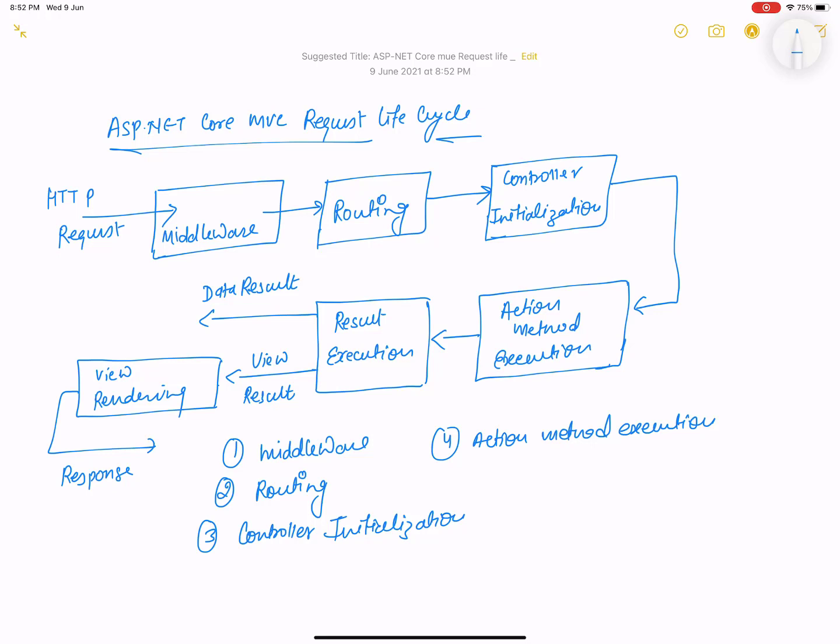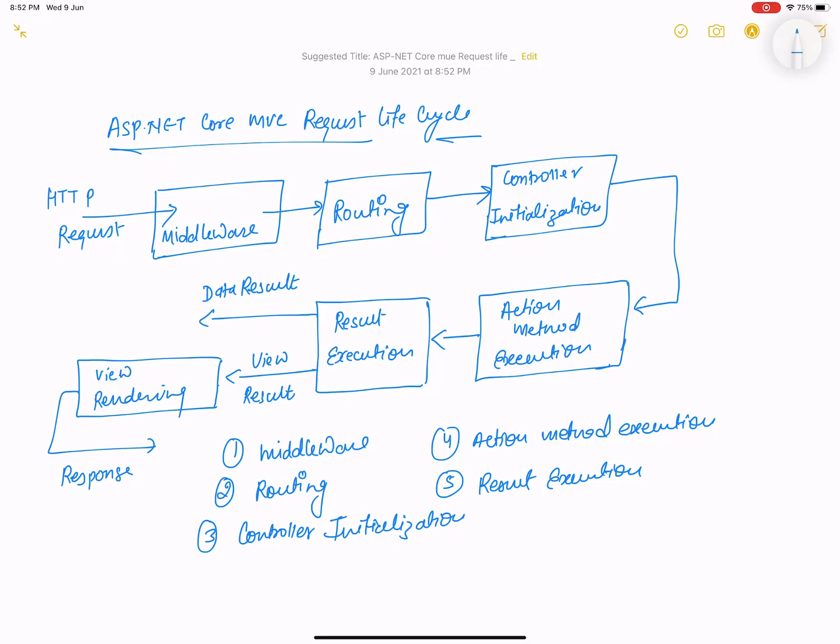Now the next thing is action method execution. The action method execution process is divided into different things like authorization filters, controller creation, model binding, action filters, action method execution, and action filters. That detail will be covered in a later video session. So wait for some time, I will discuss those topics in later videos.